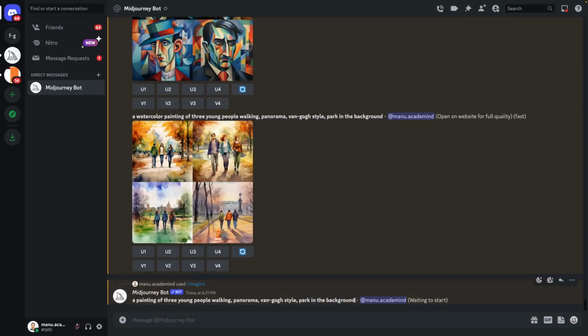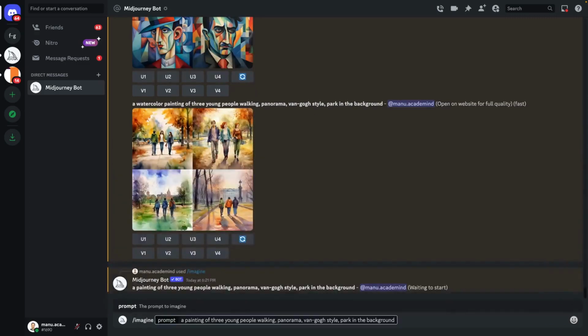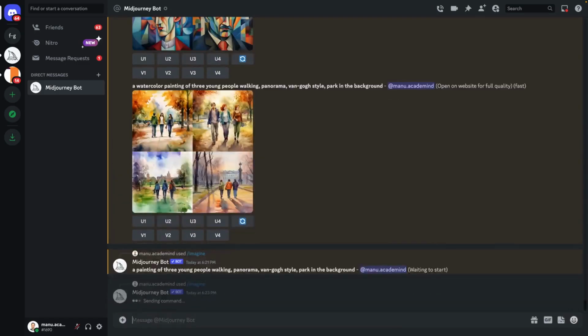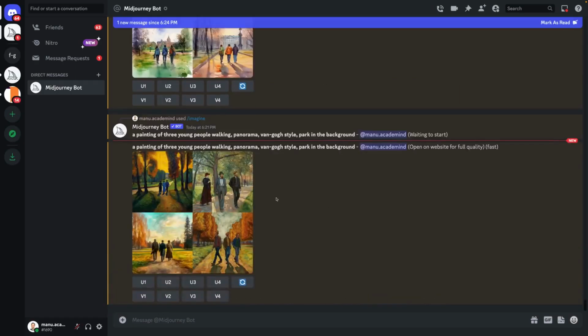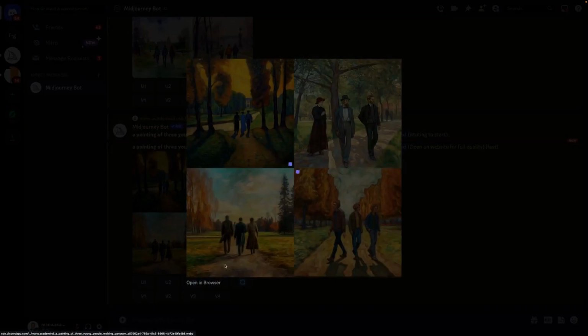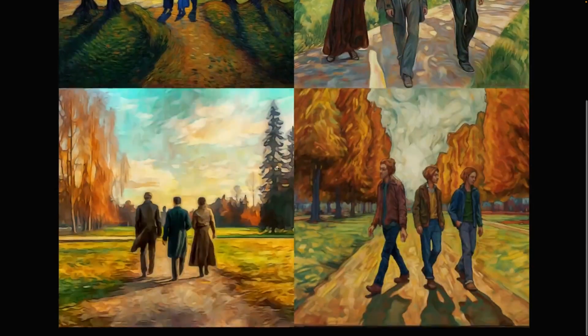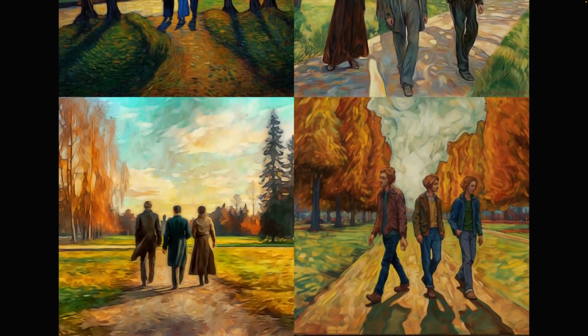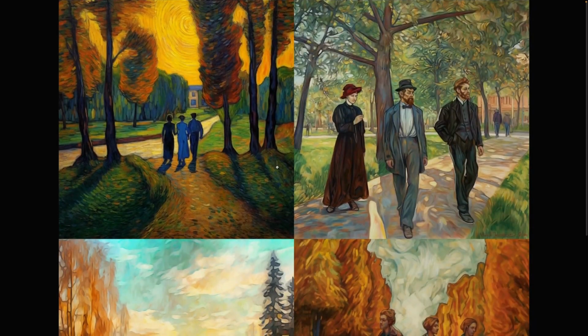This once again shows this kind of annoying bug, so let's reinitiate the image creation here. And now I think we are closer to this Van Gogh image style that we all know. So Midjourney is also able to recreate such styles easily by just adding the required style in our prompt.